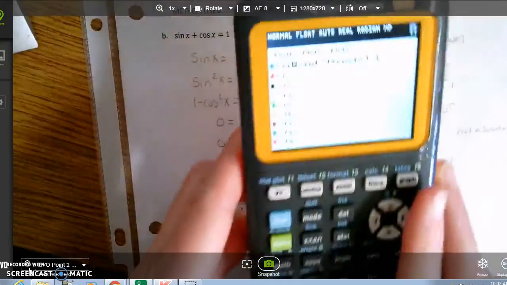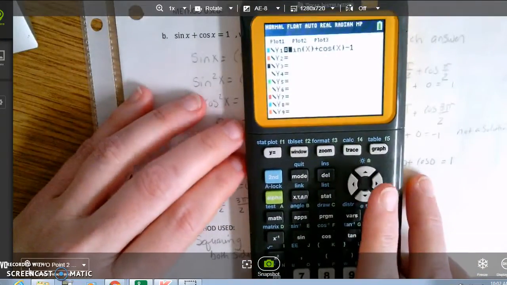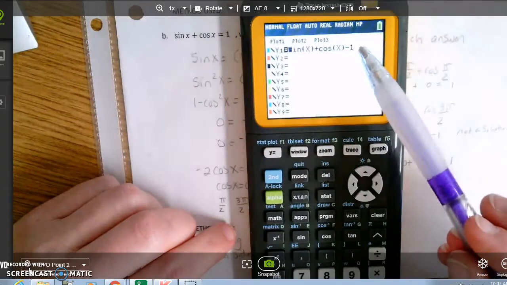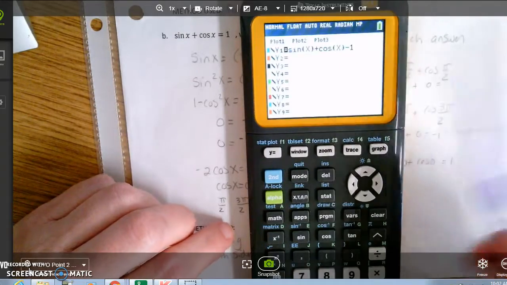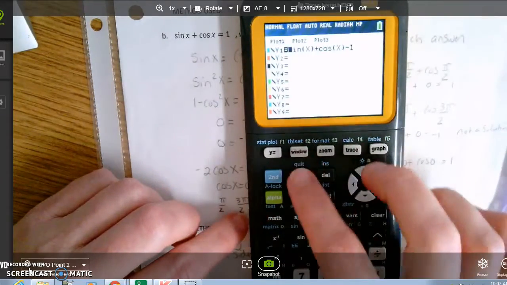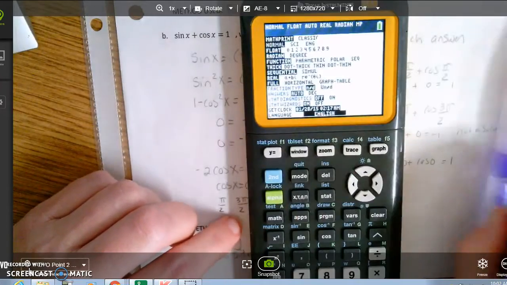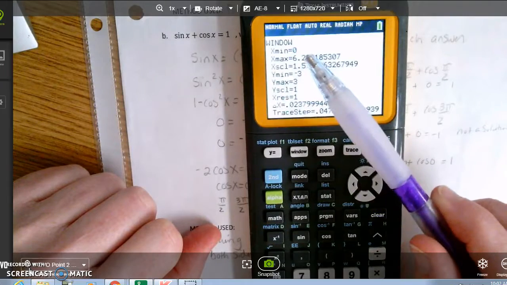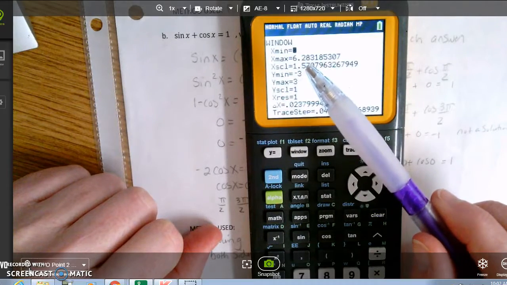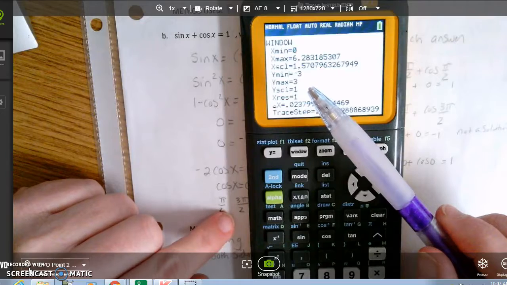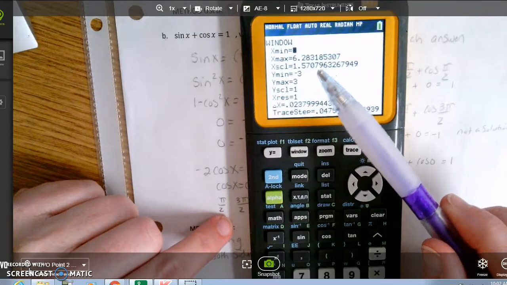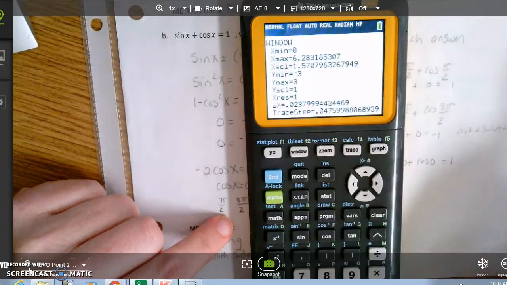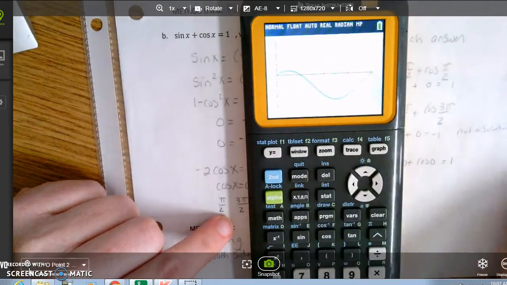So if you look at this example, I put it on my graphing calculator. I put it in, notice how I put in -1 instead of the equals 1. It makes it a little bit easier to see. For my mode, I make sure I'm in radian mode. For my window, I set it at 0 to 2 pi, and I scaled it at pi over 2 since that was one of my answers. And then the X-min and X-max, it's nice to have it at 3, just because it shows us a clear picture. And when you graph this,